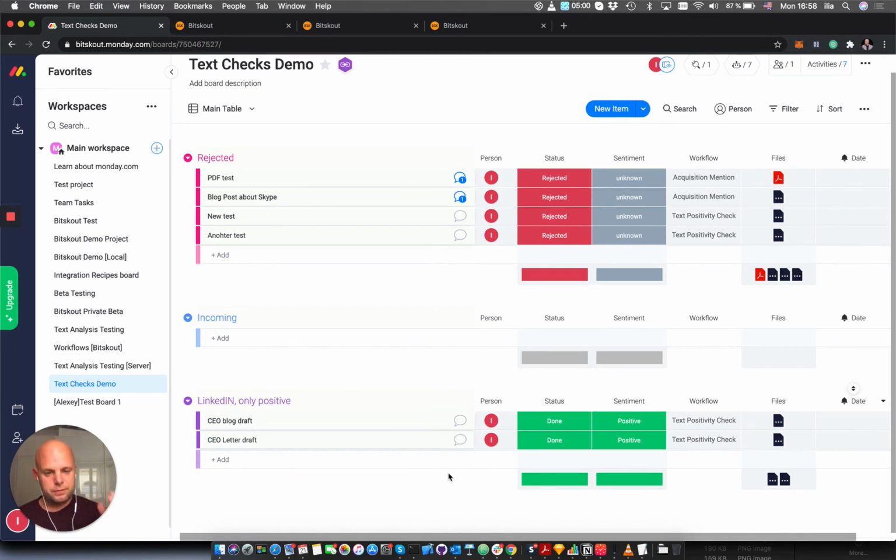So this was a very simplified example of how the automation of the PR function can be done using AI, a combination of AI from Bitskout and Monday.com